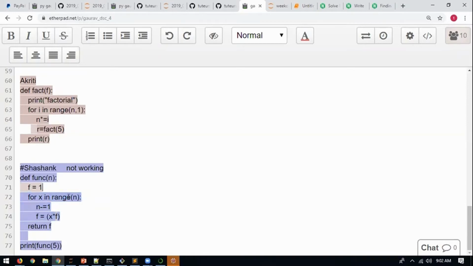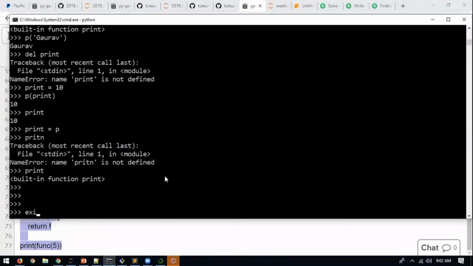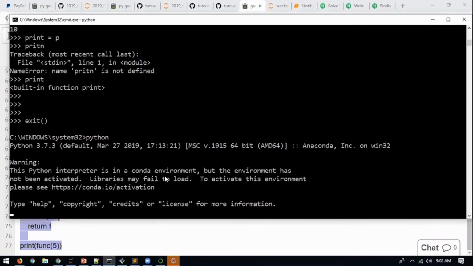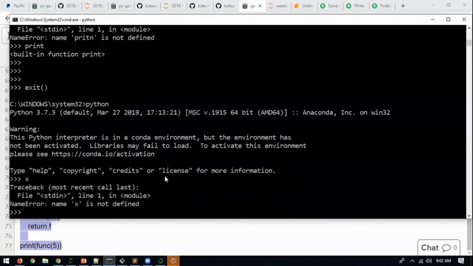What is a name error? Let's say this is my interpreter, I exit it and open the Python interpreter again. Have I defined any variable by the name x? No. If I type x, does it give an error? Yes. Name error means I am trying to use a variable name, or the name of something, which Python doesn't know.